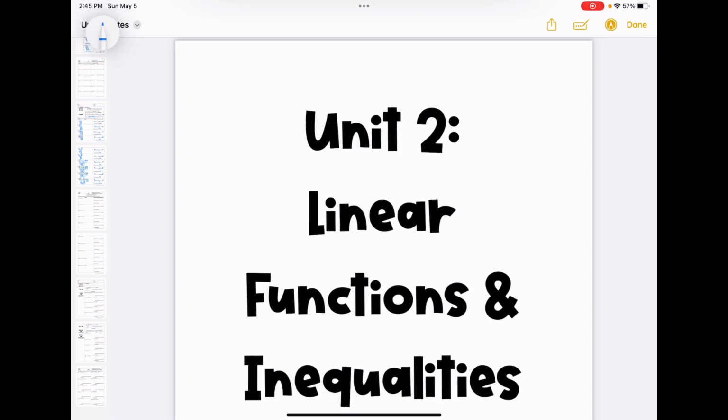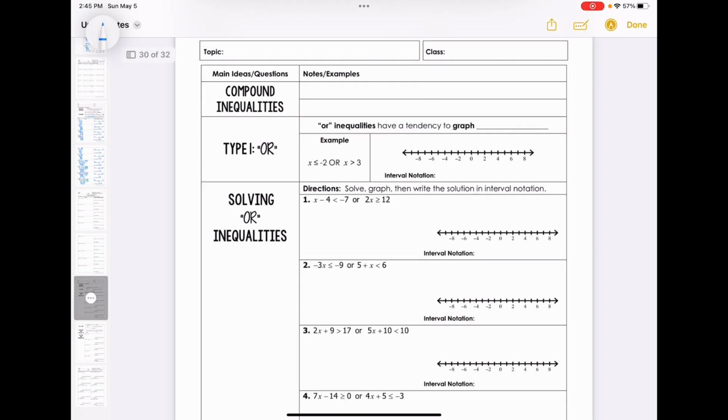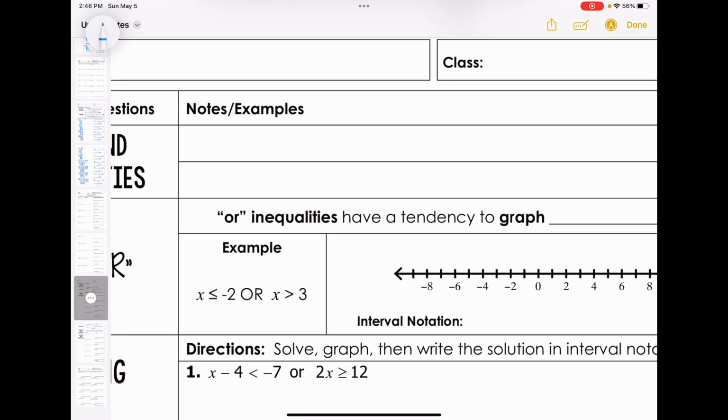All right, today we're going to be in Unit 2, that's called Linear Functions and Inequalities, and we're going to be on page 29, and today is the last notes page for this unit, and it's our last page talking about inequalities. So today we're going to talk about compound inequalities,